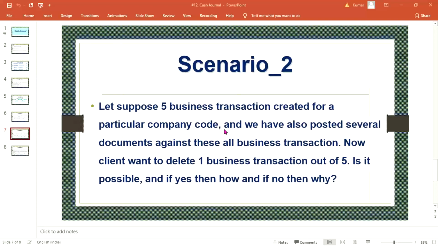We have also posted several documents against all these business transactions, right? So now the client wants to delete one business transaction out of 5. Is it possible? And if yes, then how? And if no, then why? Here, the client wants to delete one business transaction out of 5. Is it possible? It is not possible,